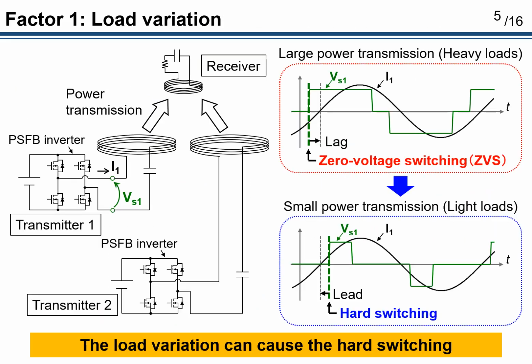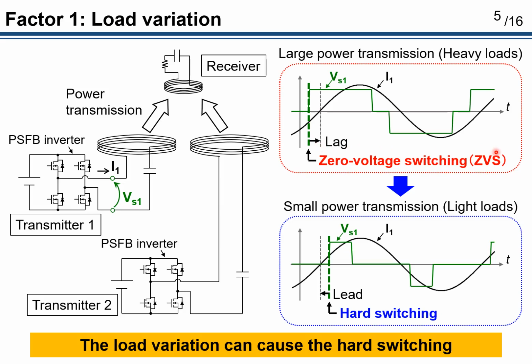The first factor is the load variations. These are the transmitter current, the output voltage of the inverter in transmitter 1, and the operating waveforms. For example, assume that in a heavy load condition such as a large power transmission, the operating waveforms are shown in this figure. In this case, I1 lags behind the rising edge of VS1,